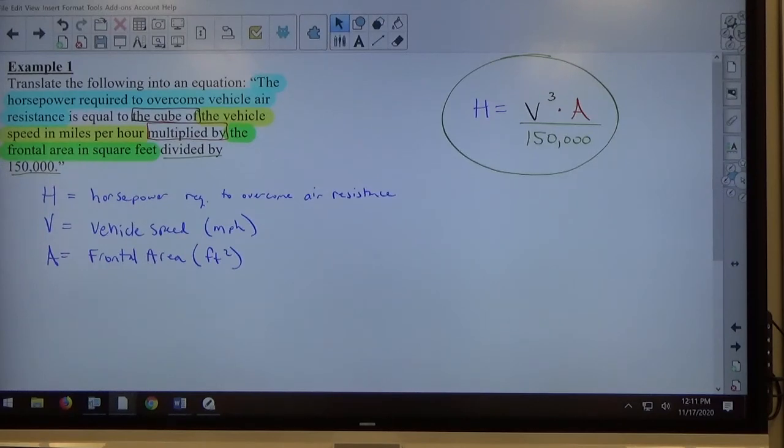So that's the whole idea of these formulas that we're making. We're writing down the things we'd want to have measurements for, but we don't know what they are yet, so we just invent an answer to hold its place until we know something. So now if I knew how fast the speed was and I knew the frontal area, I could find the horsepower. Or if I knew the horsepower and the vehicle speed, I could find the frontal area and so on and so forth. That's the idea of these problems: you take the words, translate it to an equation, and then hopefully they feed more information to you so you can find something that's